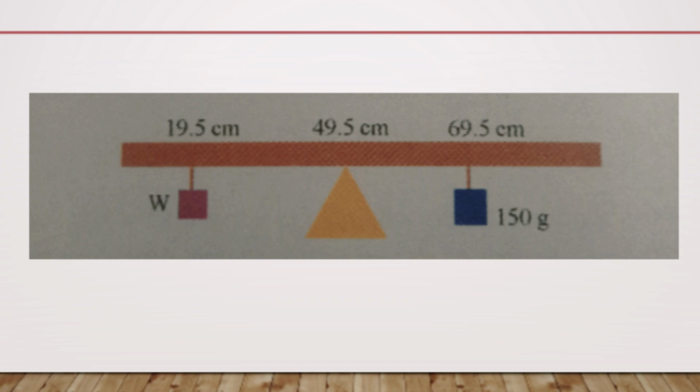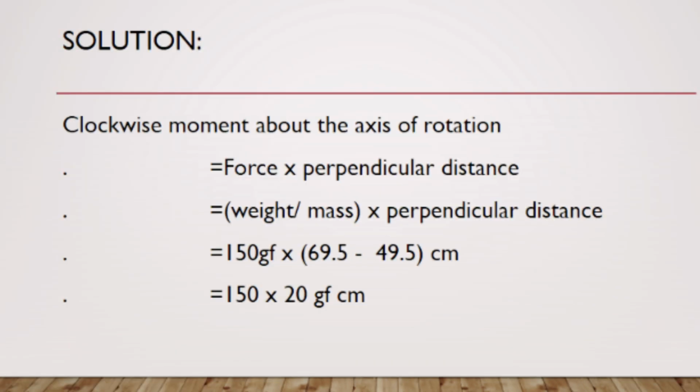First we will find out the clockwise moment. Here we can see the force is taken as gram force, that is 150 gram force. Representing it in terms of mass, we only need to write 150 gram. Here we are considering the weight of the object, which means we are representing it in terms of force. So we have to write the 150 gram as 150 gram force, and we are multiplying by